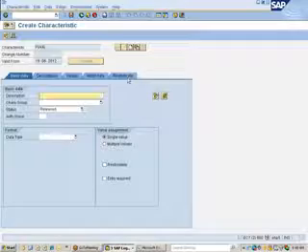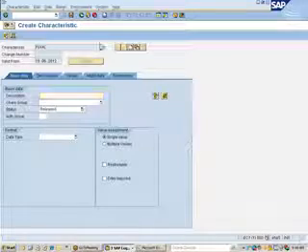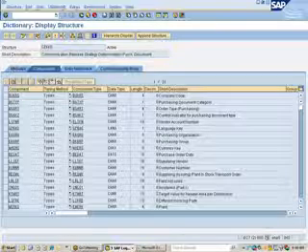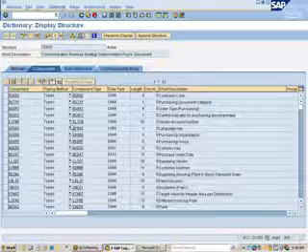So what am I trying to do here? I am trying to set up a characteristic based on purchase order value. Therefore, you have to identify a PO value field in this structure. If you know the technical names of the fields, you can go and